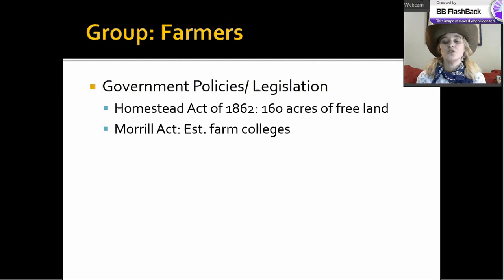Another thing that they do is that they establish colleges across the country to kind of encourage research of agriculture. This is through the Morrill Act. And the idea here is that they want to improve agriculture. They want to improve breeding of plants and animals in order to get the best possible crops that they can get. This leads to the founding of NC State. That's why their agricultural department, even to this day, is still great.